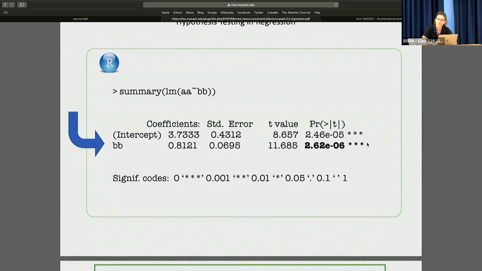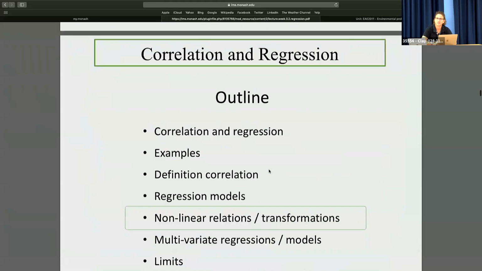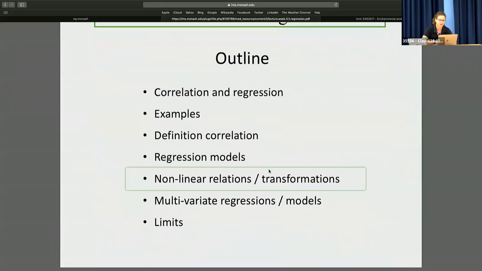Now R gives you these cheat sheets. It tells you significance codes, so highly significant. This is the one you want. 0.05 has one asterisk, one star attached to it. The other things we'll talk about are nonlinear relationships, and we'll do that in